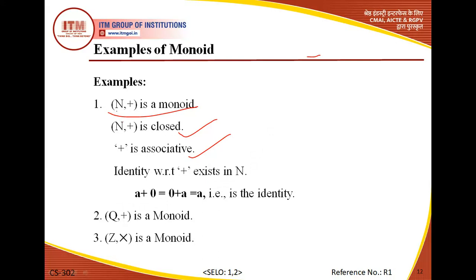Please make that N plus 0. A set which has N and 0, because 0 doesn't belong to N. So you have to take N union 0 over here in order to make it a monoid. For 0 to exist, it should be N plus 0, so the underlying set is N plus 0. What is N plus 0? It is the set of natural numbers with one more element, which is 0. In that case, it would be a monoid. N plus is not a monoid, but N with 0 plus is a monoid.